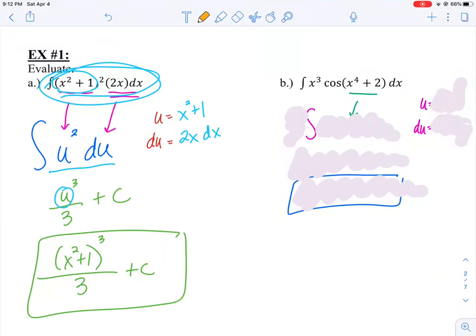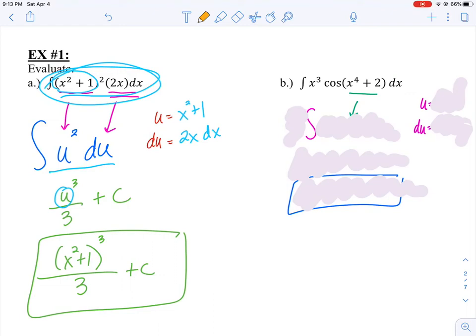Okay, let's do another example in 5.5. This is example number 1b. I notice here that I have trig with an inside piece, so that's a chain rule. I also have it multiplied by an x cubed, so I see a chain rule and a product rule in there. So that's my clue that we can't do this with our old rules,